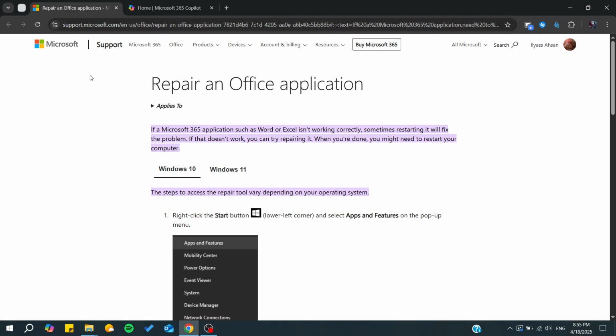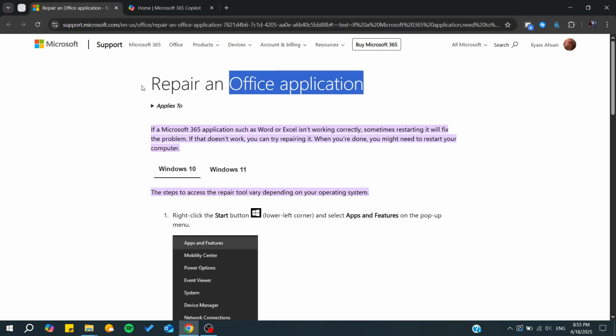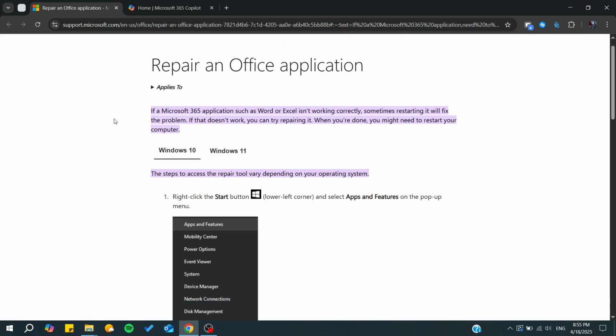So basically for this video, we are just going to follow the support article of Microsoft. And here we are going to talk specifically about Office applications, and learn about some repairs that you can use on Office if it stopped working. So basically, if Word or Excel or any other Office app like PowerPoint isn't working correctly,